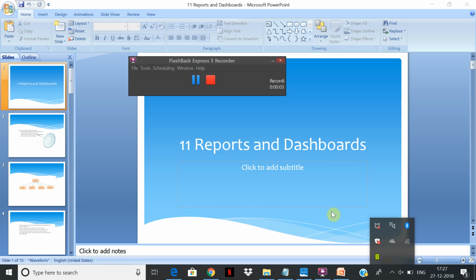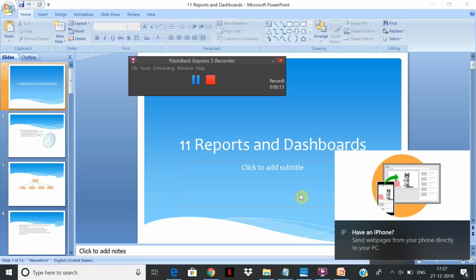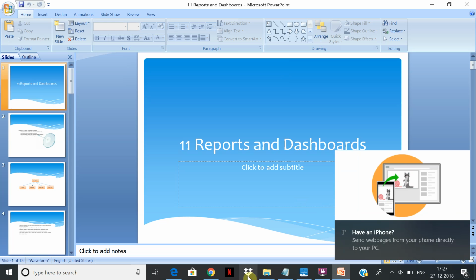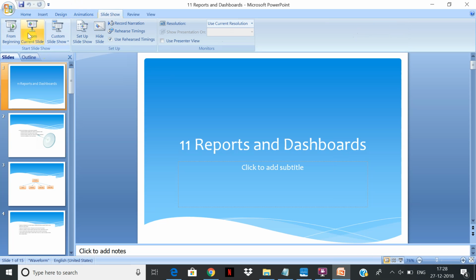So let's start off with the reports and dashboards part of Salesforce. Salesforce allows you to create visually stunning reports and dashboards. So we can create reports on a single object or related objects, and based on that, you can also create multiple dashboards. So let's start and understand how it works in Salesforce.